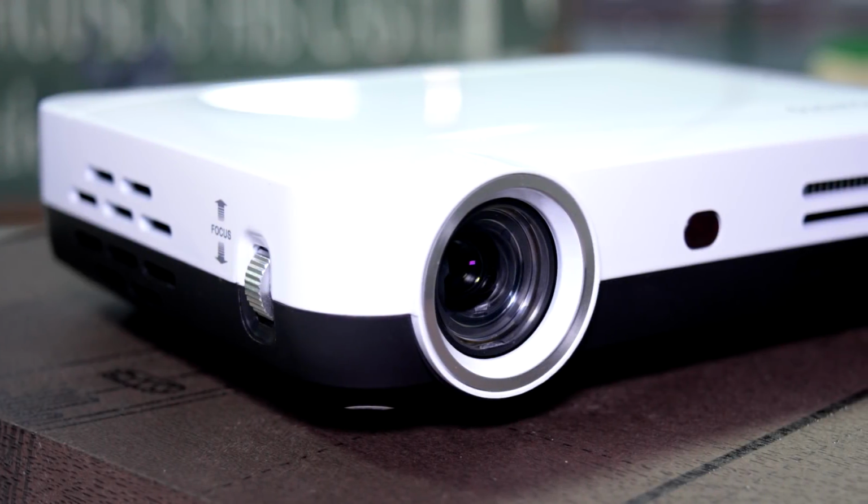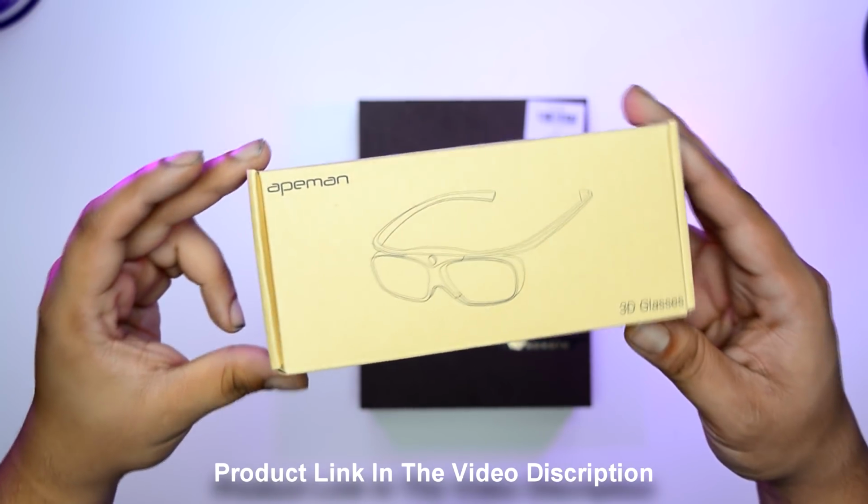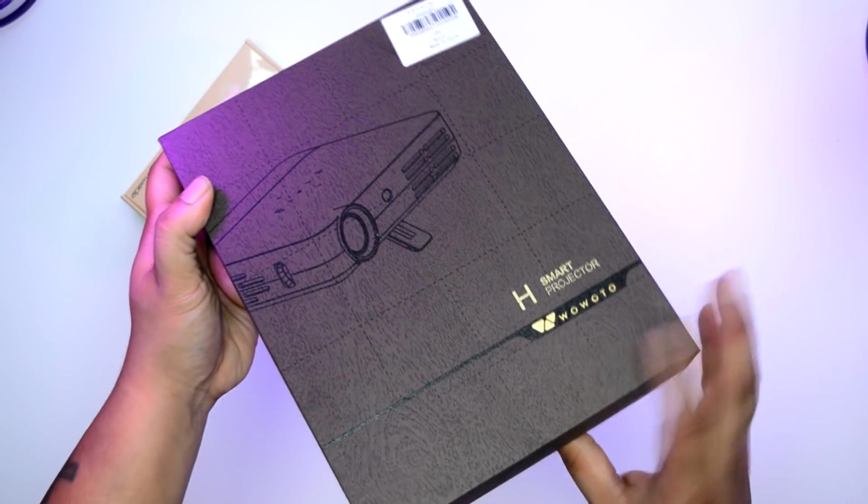So this is the Wawutu H8, and this in my opinion would have been in the number 1 spot had it had a rechargeable battery inside. But this was an important projector for the channel, and this was the first 720p projector I featured on the channel. Now if you're planning on giving this to somebody as a Christmas gift, holiday gift, anything like that,